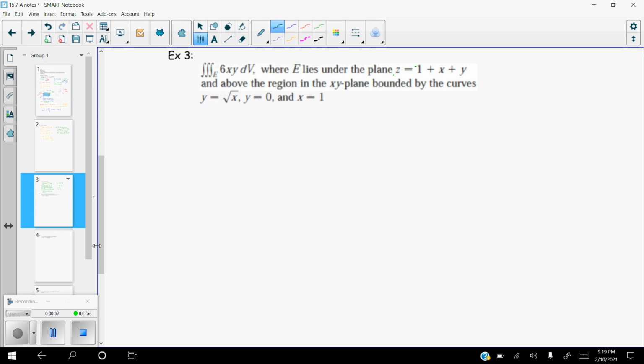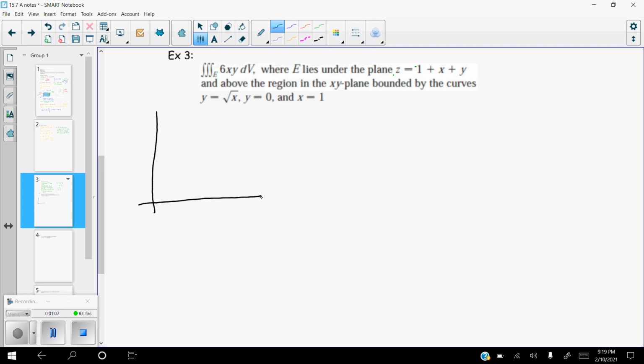So it says where E, which is that 6xy, lies under the plane z equals 1 plus x plus y and above the region in the xy plane bounded by the curves y equals the square root of x, y equals 0, and x equals 1. So that last part has given us kind of our two-dimensional domain. So if we sketch what that looks like,